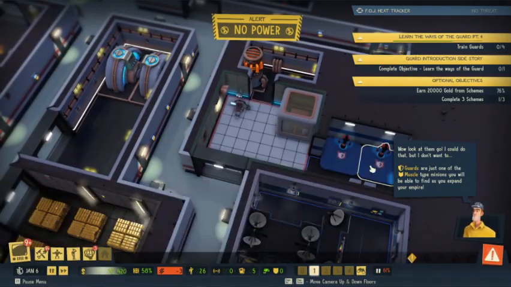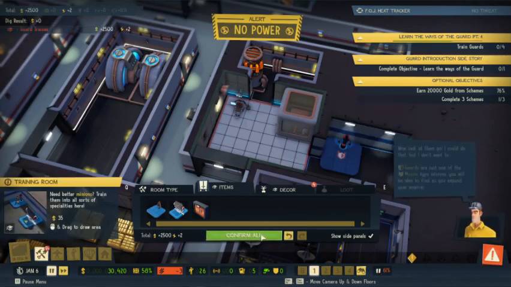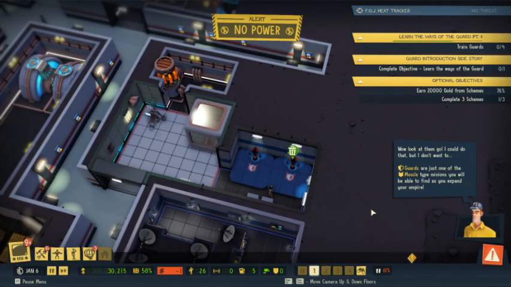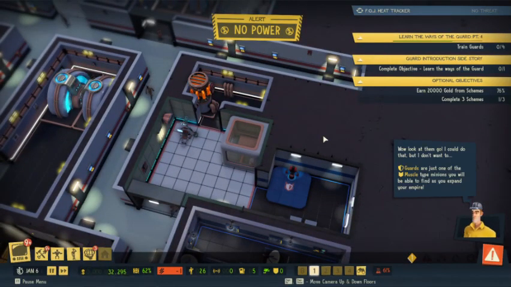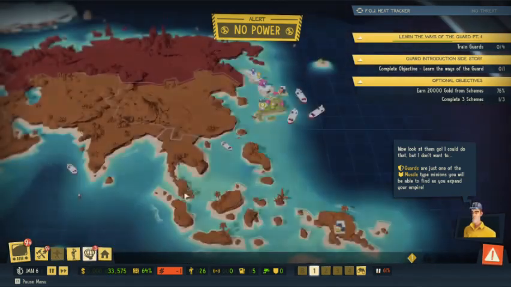One way we can help with the power is we don't need both of them now that we have them. We can train 4 guards with only 1. It will just take a bit longer, is all. Unfortunately, we still don't have enough power to run the base. We're supposed to be running 3 schemes, so